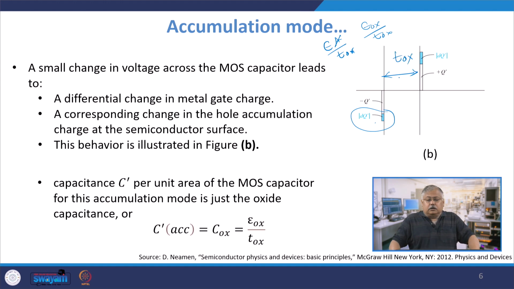This is Tox. So, if you know the value of Tox, you can expect to get the value of C prime, which is in the accumulation region. So, purely therefore, the capacitance per unit area in accumulation mode just depends upon the oxide layer thickness. Lower the oxide thickness, higher is the accumulation mode capacitance. Why is it known as accumulation? Because you are accumulating the same type of charge carriers at the oxide layer, which is basically in this case